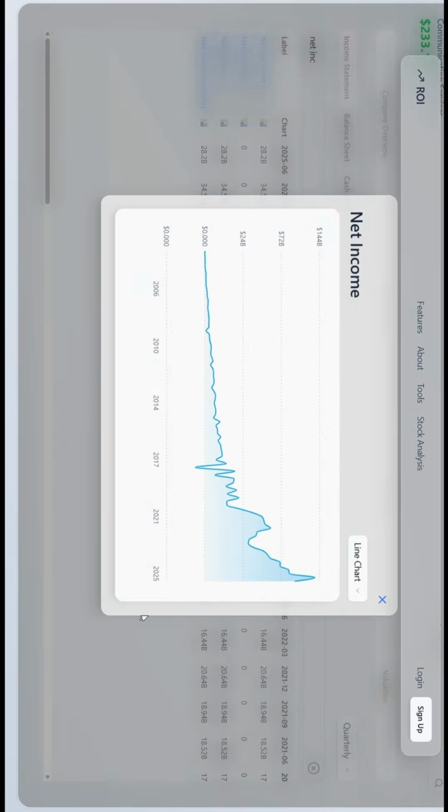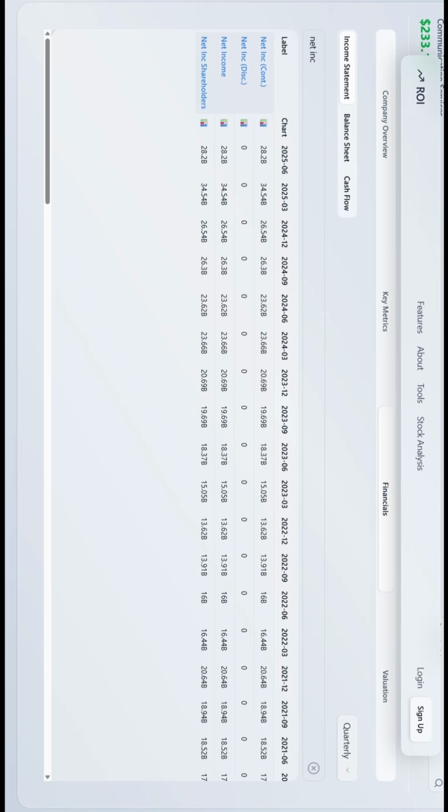Oh wow! So as you can see, they have been growing. Their trailing 12-month is 115 billion, and you can see these small dips, which I believe were due to slowdown, recovery, and dips during ad concerns. The reason we looked at net income is because it shows the actual profit after all costs, which is important for investors because only profits create real shareholder value.